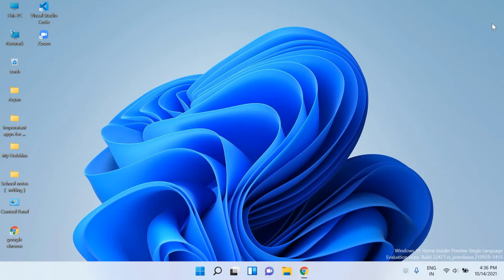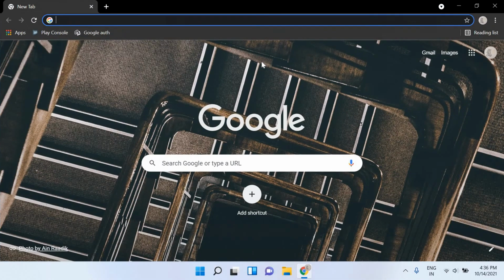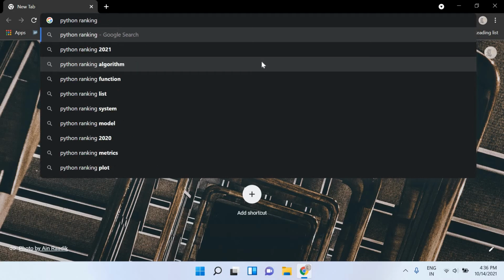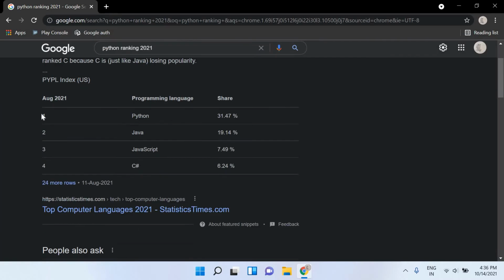But I found that something is missing. If we see from today's day, it is Python which is dominating the whole thing. Python is very user friendly, and it is outstanding for machine learning, due to which many people also learn it. So let's see the Python ranking for 2021. As you can see, Python's rank is 1. So that is why it is really